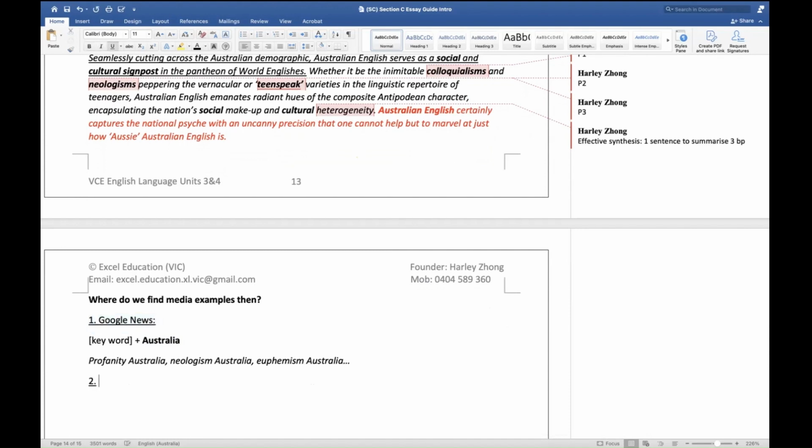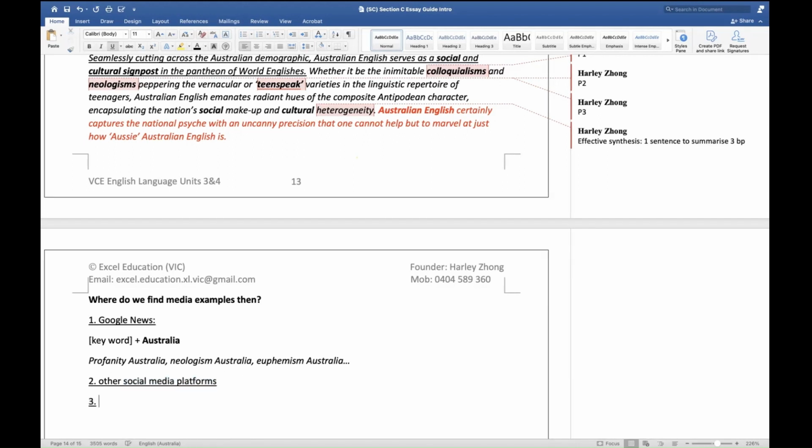Does anyone know where else you can find examples? So less effective ways, but still viable. Other social media platforms. Now the thing is the quality of examples can be very good or it can be very bad. It's polarized. So Facebook, Twitter, Instagram. Sometimes you see examples, people's comments and posts. They're either really good or they're very bad, very polarized.